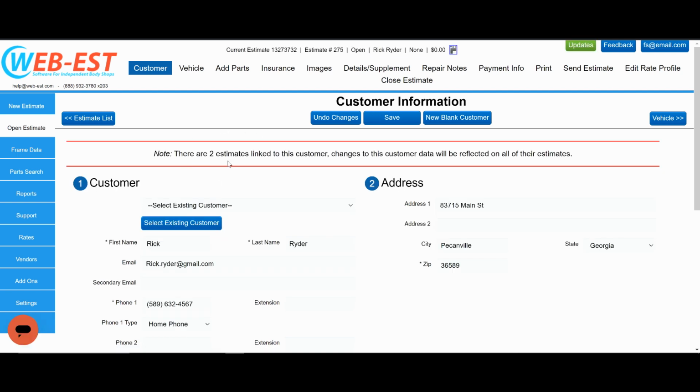Notice it says there's two estimates linked to this customer. Changes to the customer data will be reflected on all of their estimates. What this means is that if you update a phone number or update an email address, for example, any existing estimates for this customer will be updated as well, so that if you ever revisit them, you have the correct